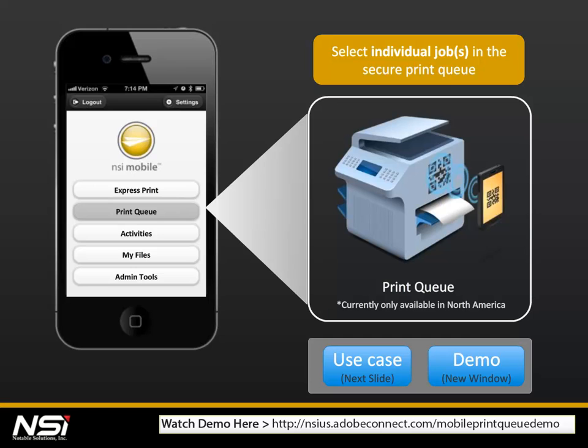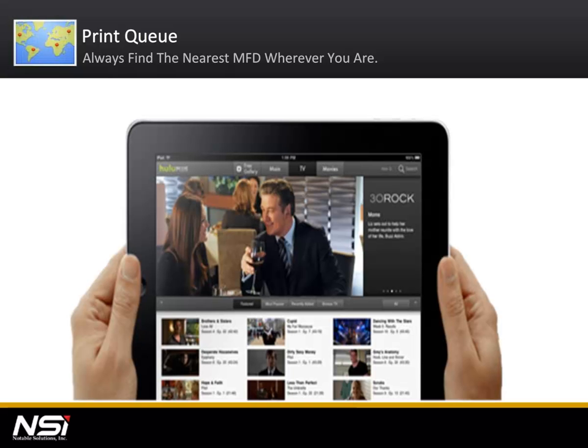Not sure where their nearest printer is? The Locate Nearby function uses the mobile device's geolocation capability to pull up a map and floor plan with printer locations marked. Steve is the new VP of Sales and is focused on reducing costs and improving sales in his